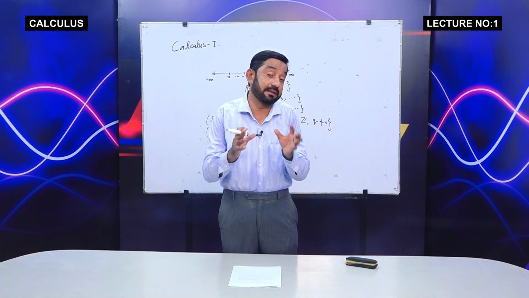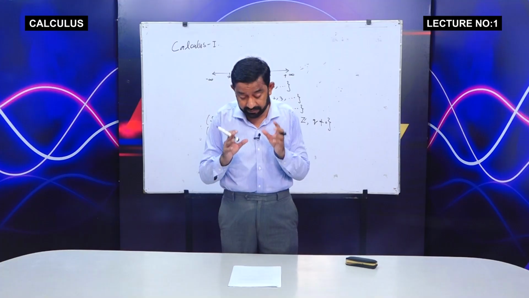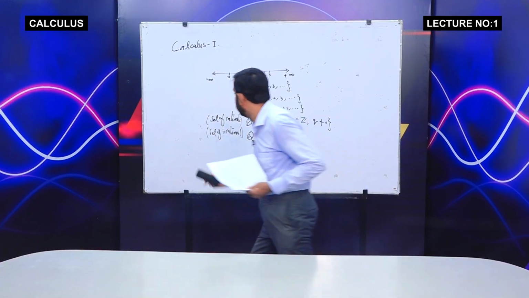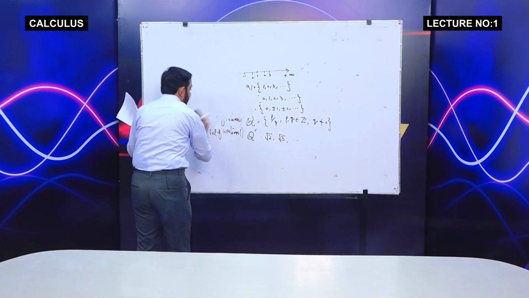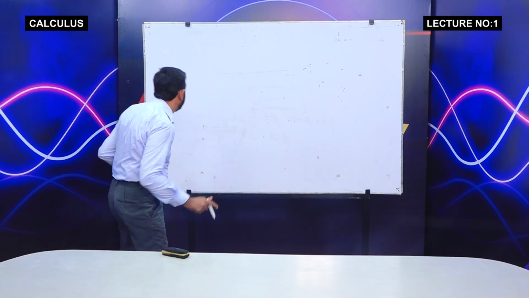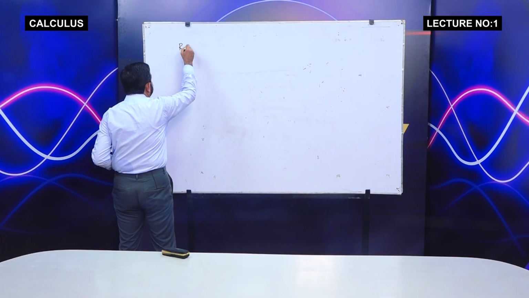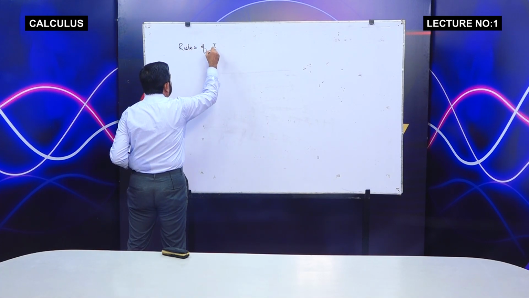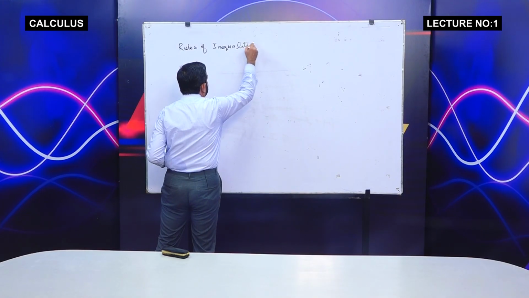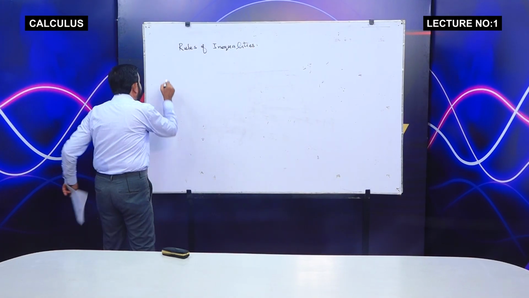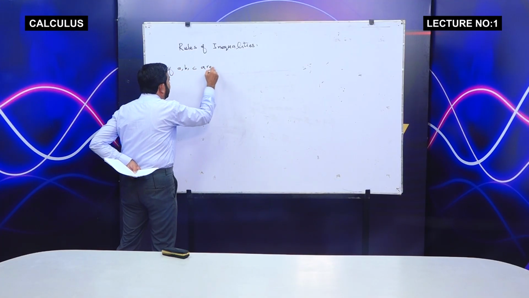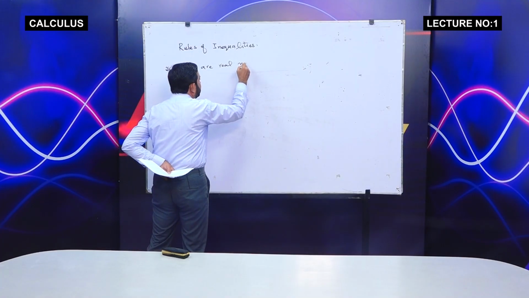Let us write these things mathematically. How can we write these things mathematically? So, let us describe the rules of inequalities first. Rules of inequalities. If a, b, c are real numbers,